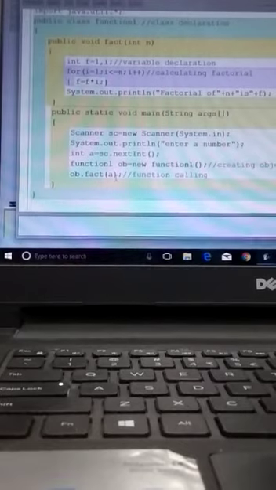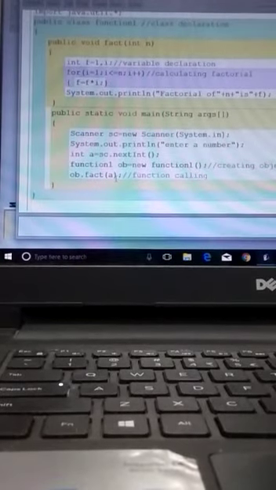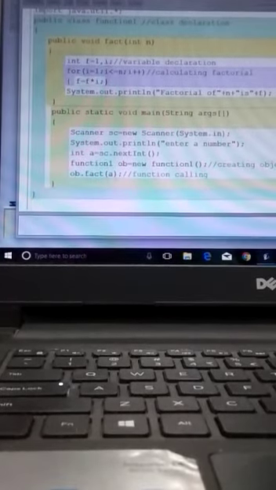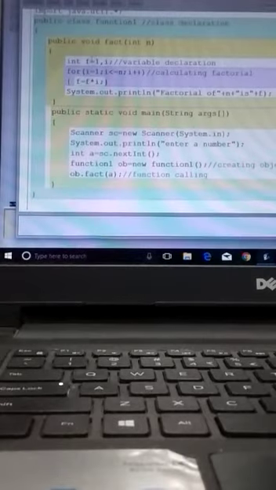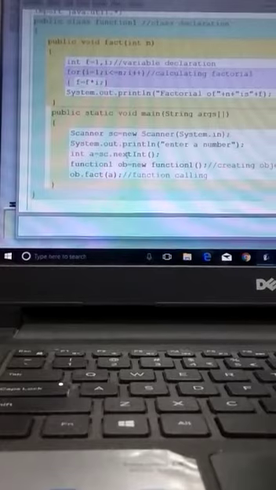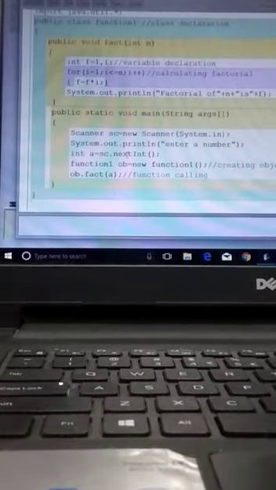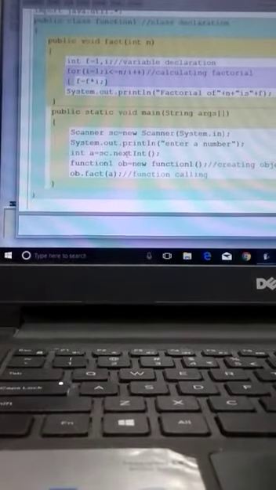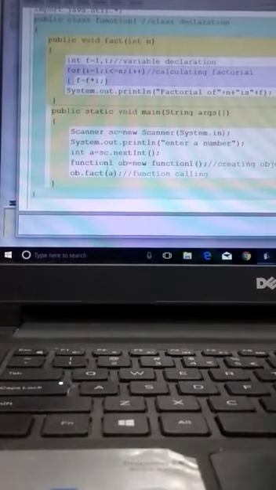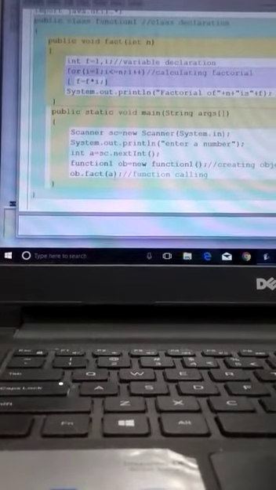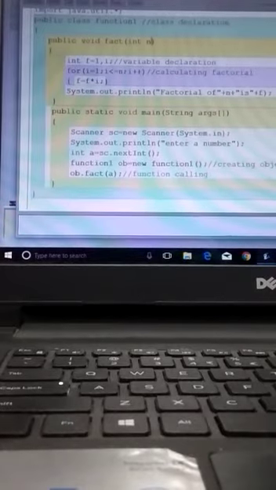In the earlier program the brackets were empty, as we had assigned the value n equals 5 over here only, but here we are passing the value. We are just moving the value as the function is receiving the value. So when we are passing the value in the calling function, the function is receiving the value and storing it in n.